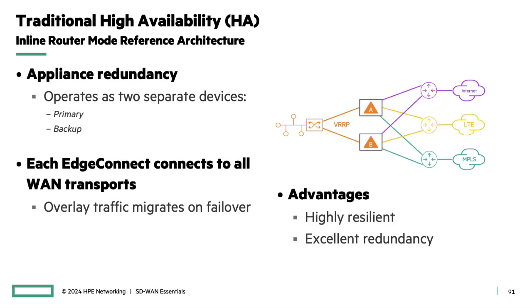This is an example of our traditional high availability reference architecture. Each EdgeConnect appliance has independent access and connections to all WAN side transports. Here we will use a primary backup or active-passive model. The second EdgeConnect simply sits and waits in case the primary appliance fails. You can configure SLAs on the EdgeConnect appliances so that if they lose access to any one of their transport services, they drop in priority. For example, if A loses access to MPLS, B can take over, provided it still has access to MPLS and